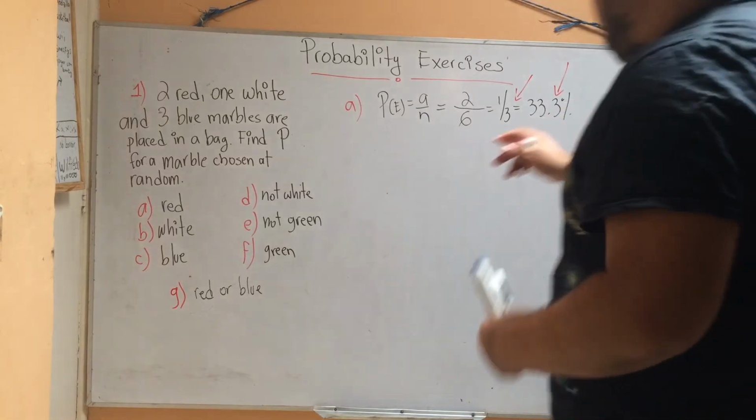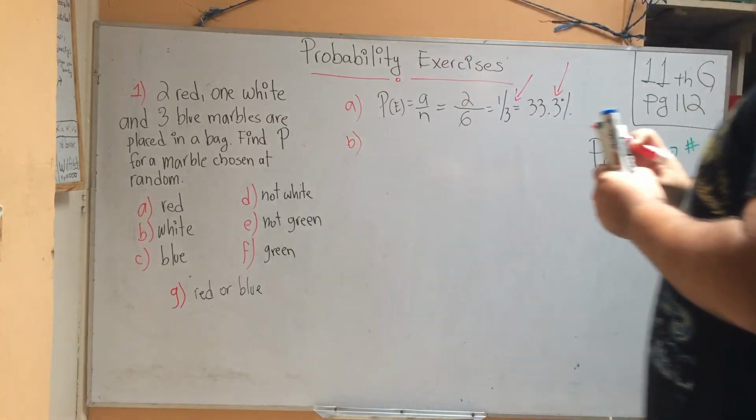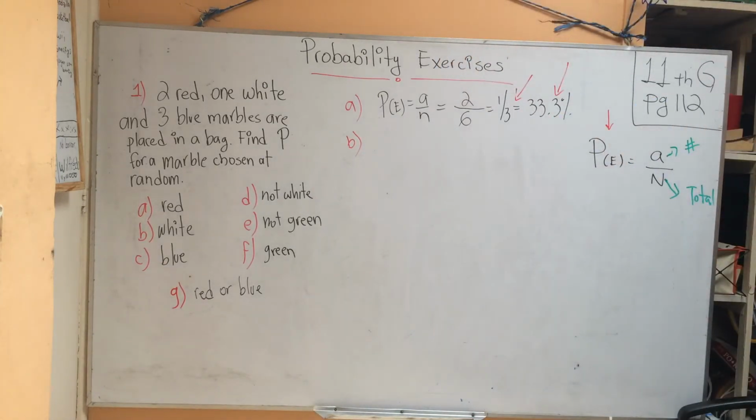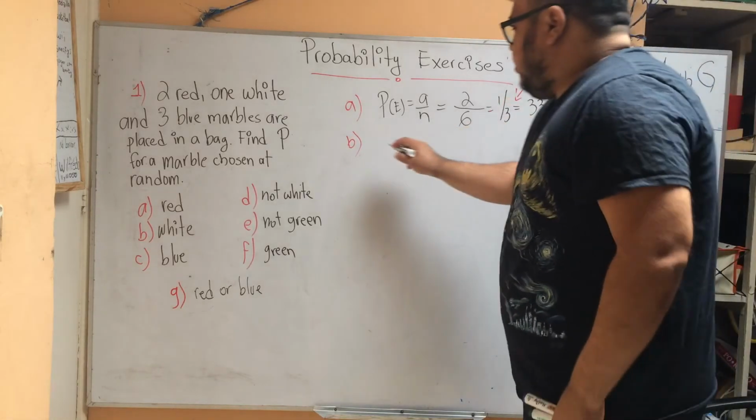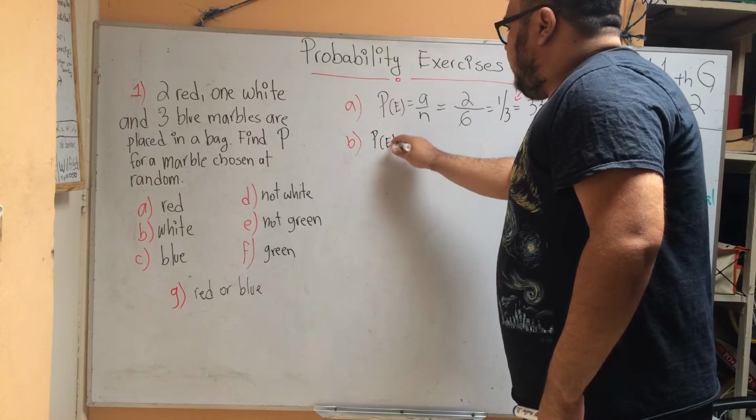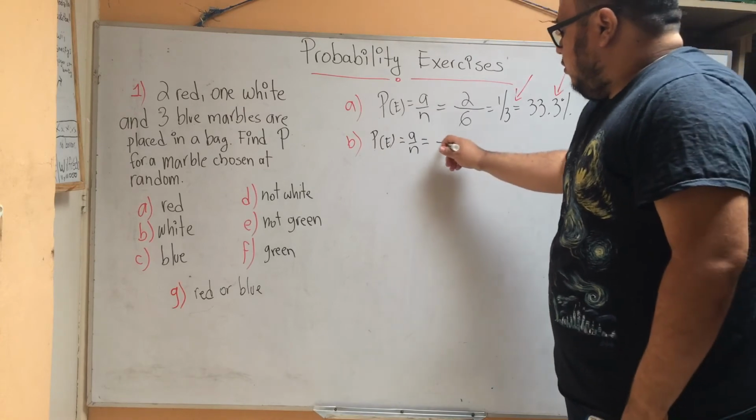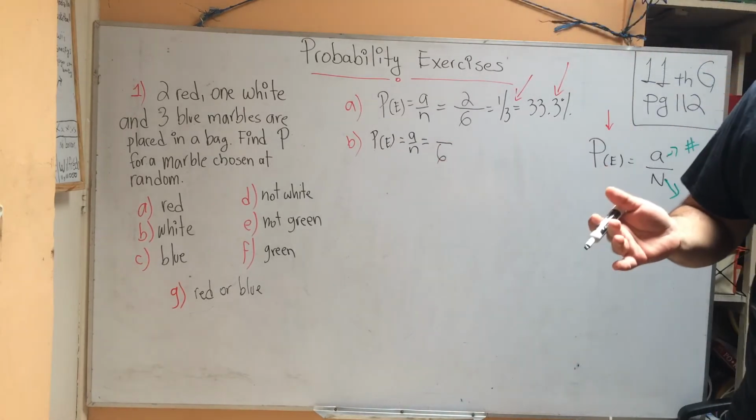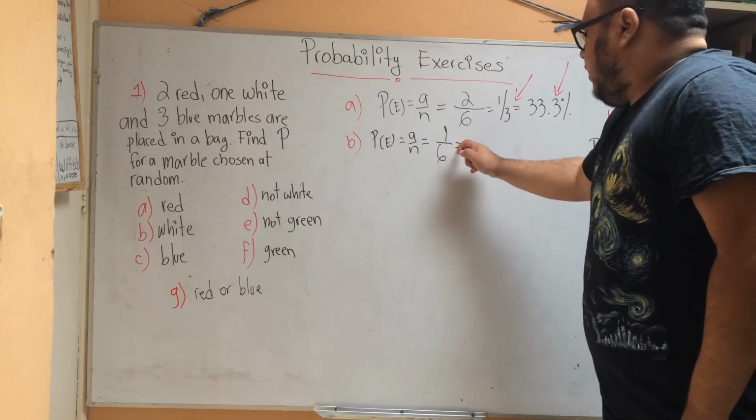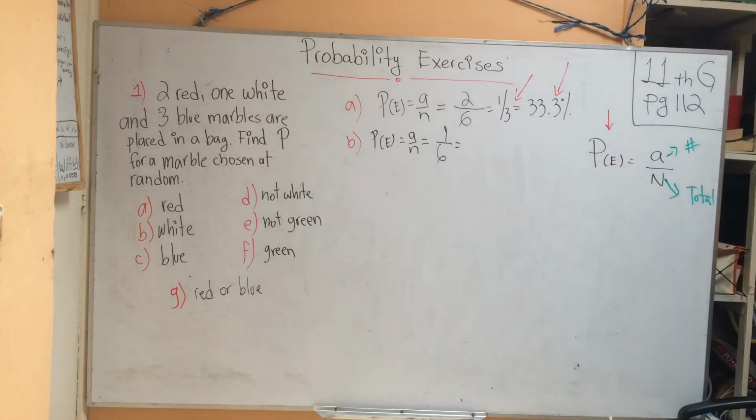Okay, let's do the next one. We're looking for the probability that the marble is white, for letter B. So we have 2 reds, 1 white, 3 blue. In total, we have 6. So we follow the same procedure. Copy the formula. In this case, we're looking for white, A over N. So how many in total? 6. How many whites of that total? 1. So we can leave it in 1 over 6, or we convert it into percentage, which would be